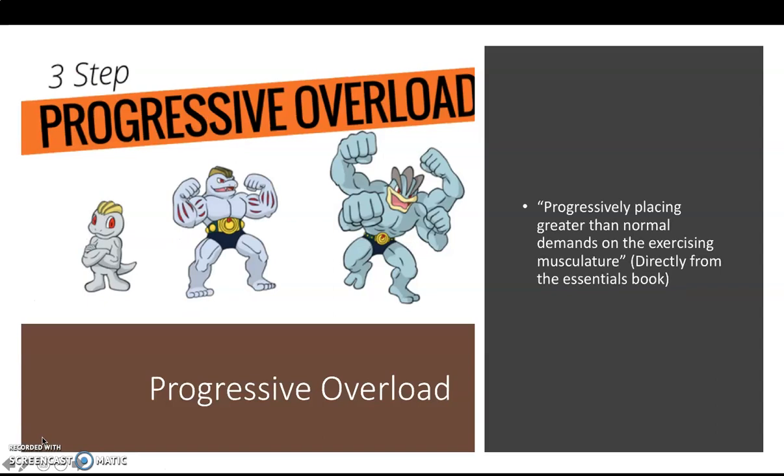So when we look at progression, first thing we talk about is progressive overload. Progressive overload is defined through the Essentials of Strength Training book as being progressively placing greater than normal demands on the exercising musculature. So as we go throughout this particular lesson, you're going to see what those different greater demands are in regards to the exercising musculature, how we can do that, how we can alter those to make things a little more complicated and progress as we move forward, so that we can see, as we said, that progress